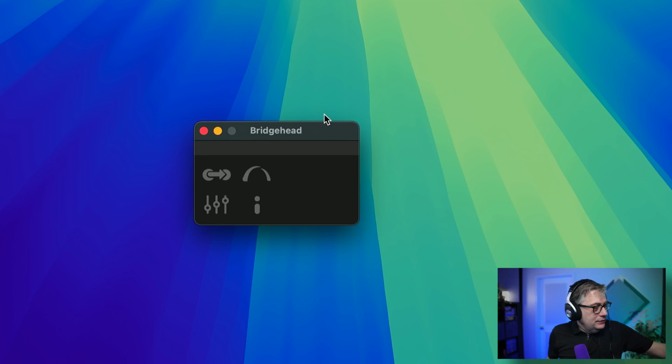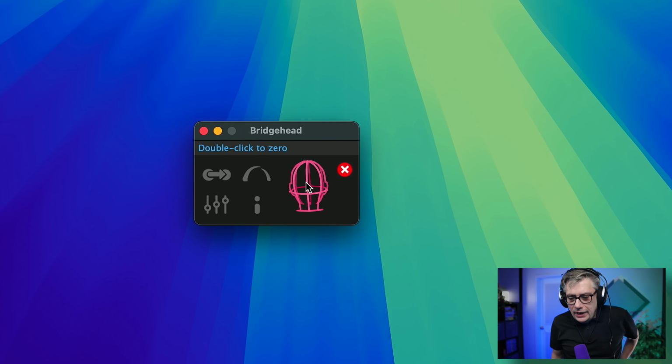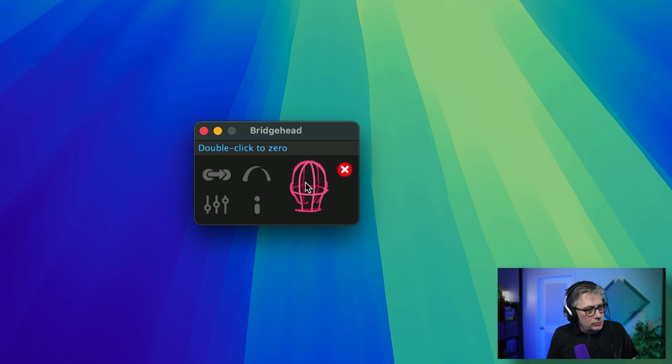Okay, here we go. I've now connected the head tracker to my headphones, and the last thing I need to do is I need to connect the cable with the computer. So let's do that. So let's connect everything, and once I've connected that, I should see the connection signal coming up in the Bridgehead application. And here we are. We have the head tracking working. I can see the dummy head. Essentially, if I move my head, the dummy head is moving accordingly.